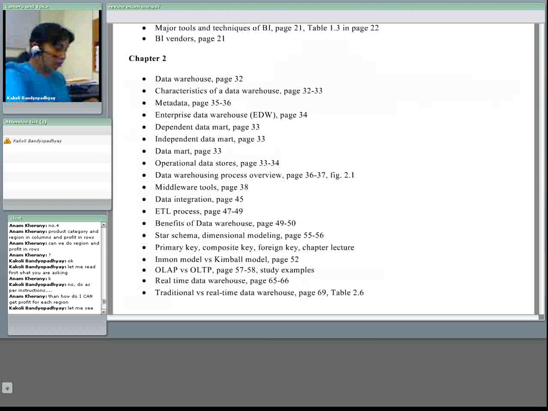First of all, you need to know what is a data warehouse. Okay, data warehouse is the foundation of business intelligence. It's a pool of data used for decision making. You have to know the characteristics of a data warehouse, which is